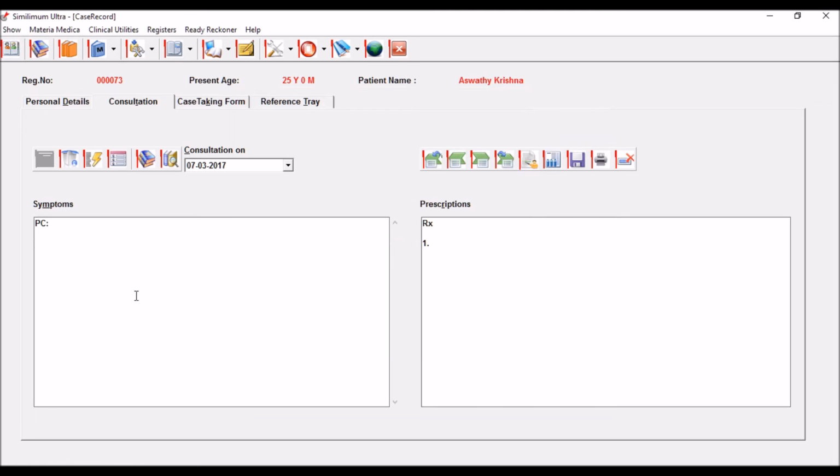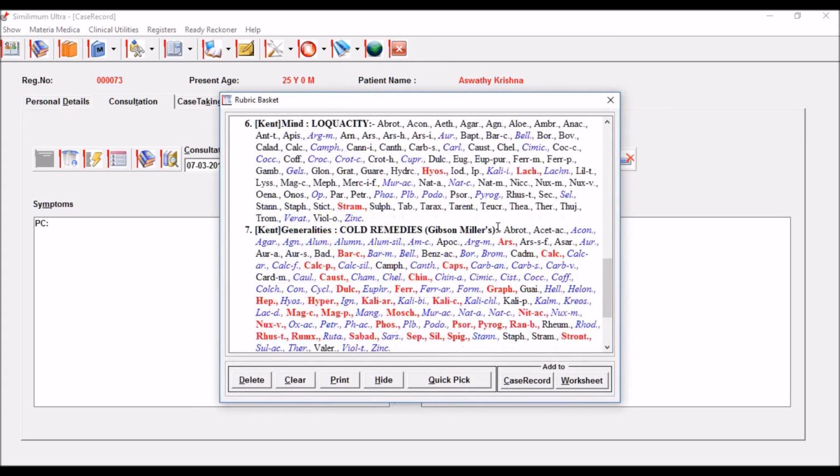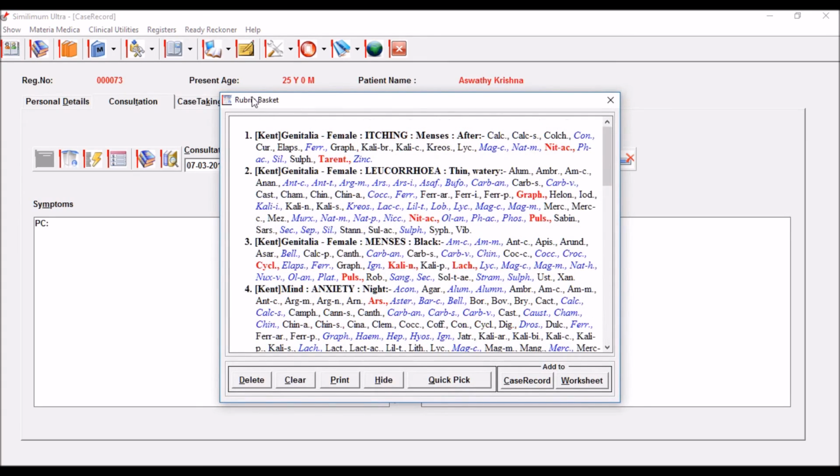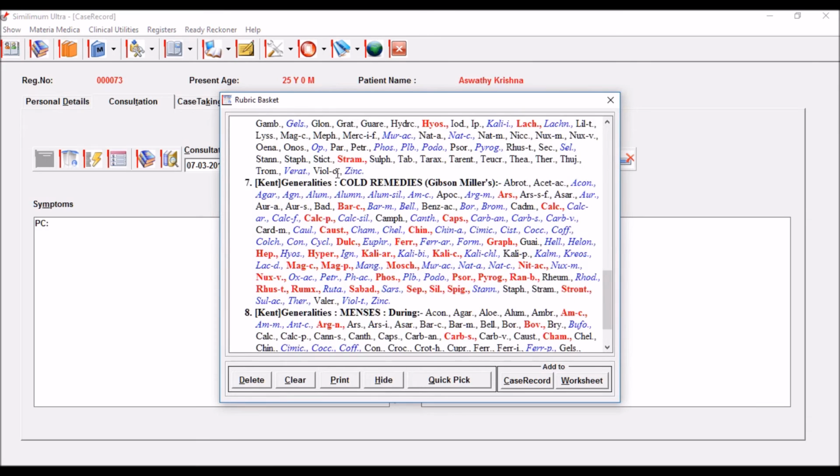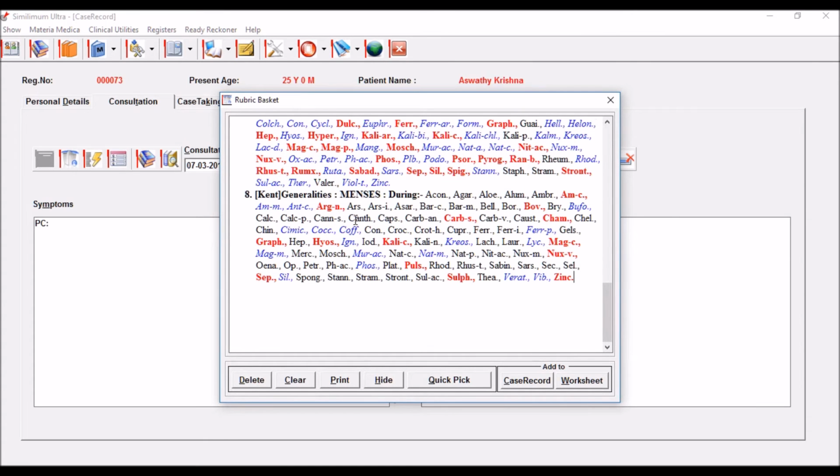Now you can see everything is blank. Now we entered everything into this rubric basket here. We got it here, the rubric basket. We have entered almost 8 symptoms. So 8 rubrics are here, and you can see some